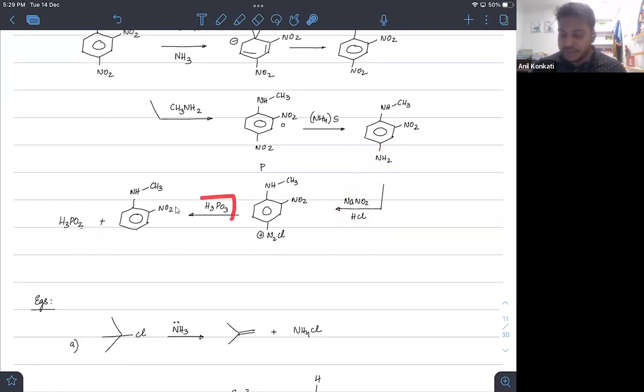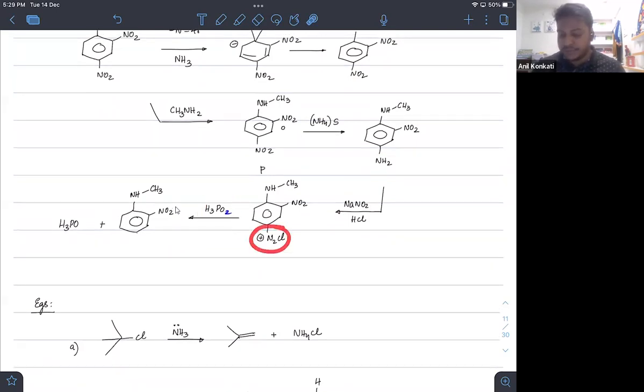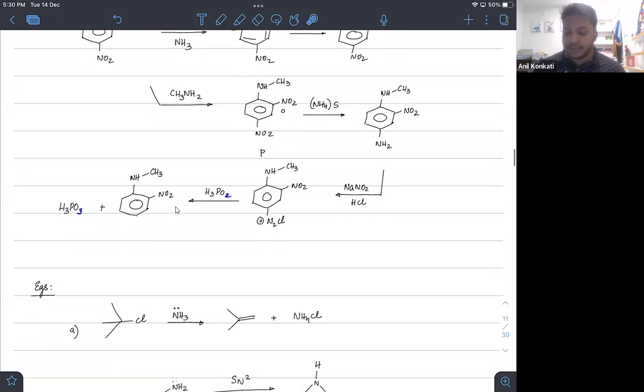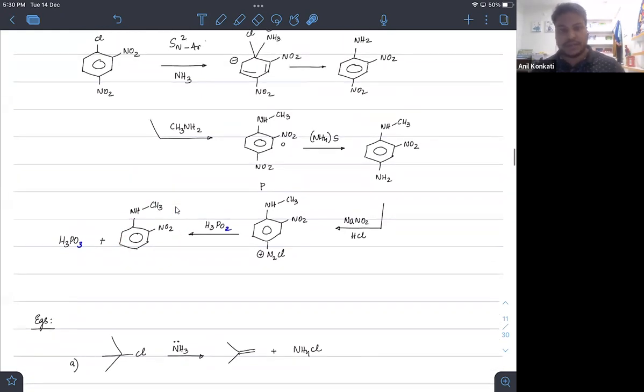Diazonium salt, if you treat that with H3PO2, what will you get? H3PO2 will get oxidized and reduce this part of it, clear, and we'll get this as H3PO3. Do you remember? Correct. So what do we get? This will get reduced as hydrogen here, and this is the final product we will get. You should remember the reactions of diazonium salts, okay? Not by mechanism, at least by heart. What are the major reactions that are done for diazonium salts? So we'll get this as the final product. It is a very good sequence of reactions, okay?